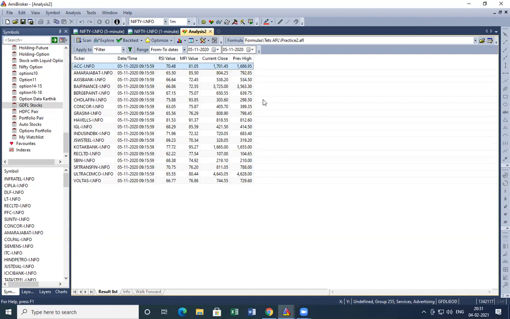Right? So in that code or in that analysis, I'm going to use three indicators. First is RSI, second is MFI, and third is ADX, where I will try to get the values of these three indicators on different time frames, like 15-minute, 60-minute, 120-minute, and daily time frame. And okay, let me explain this part first.